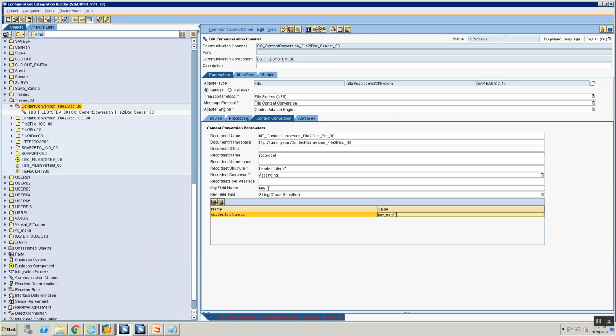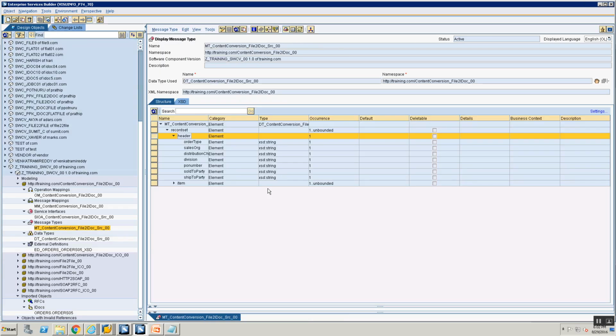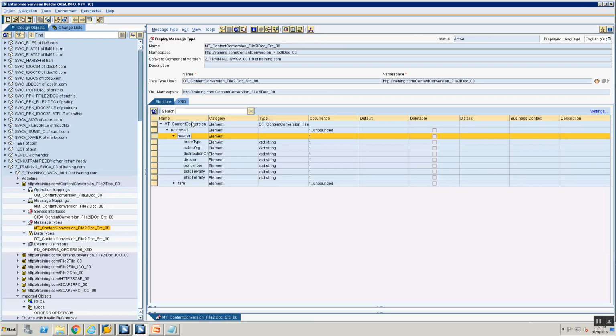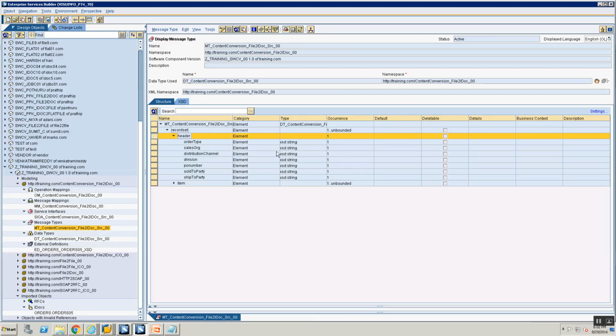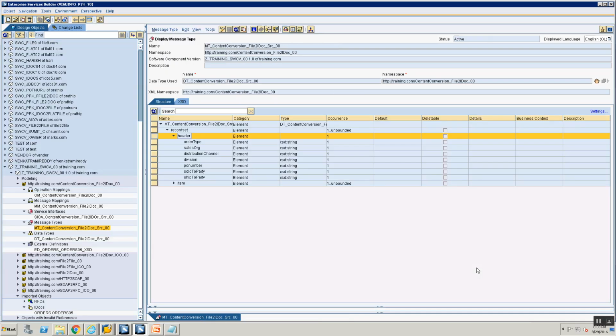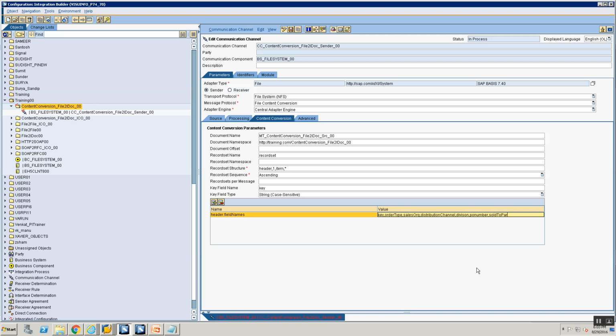Order type, sales org, distribution channel, division, PO number, sold to party, and ship to party. Okay, next header dot,